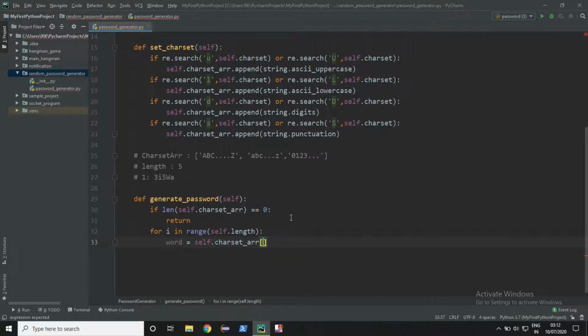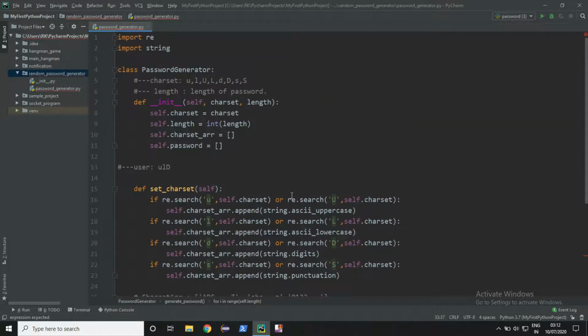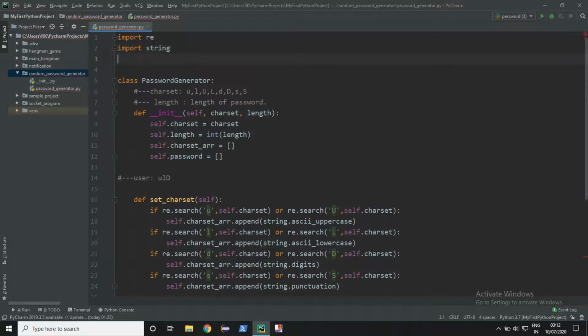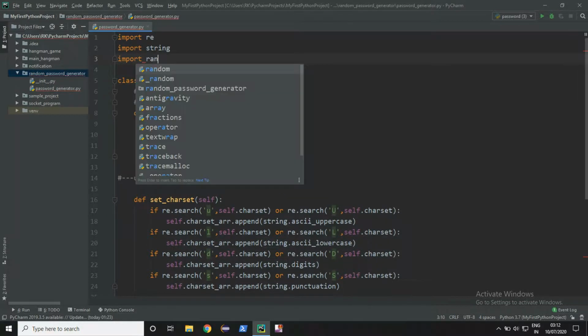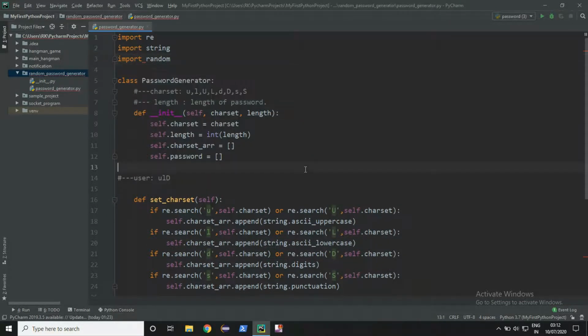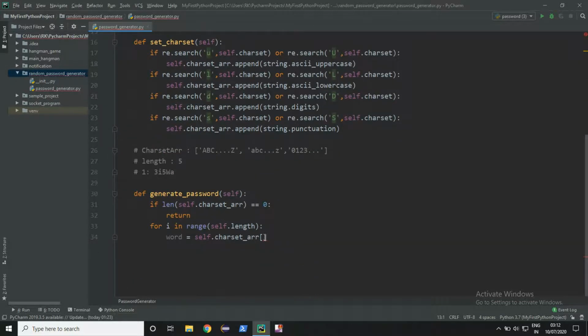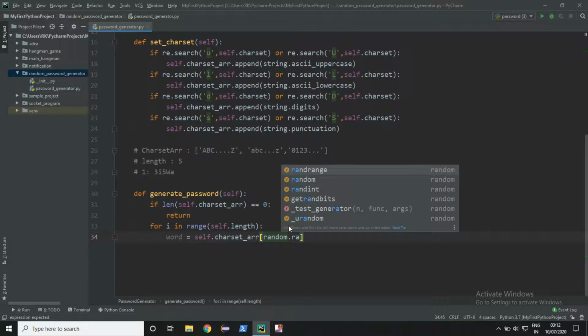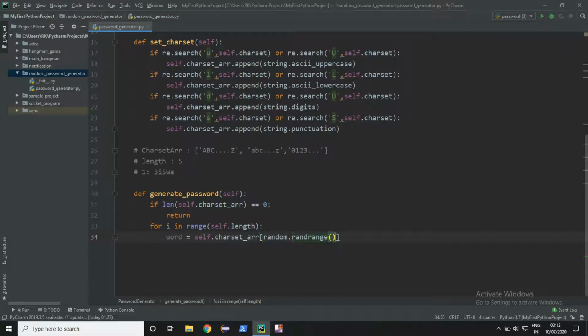For that I will use another library called random to get the random number, random range. In this we will get the random number from the length of the char set array.